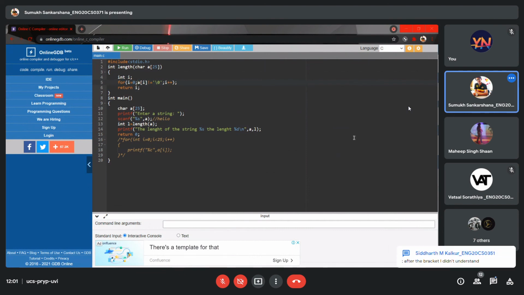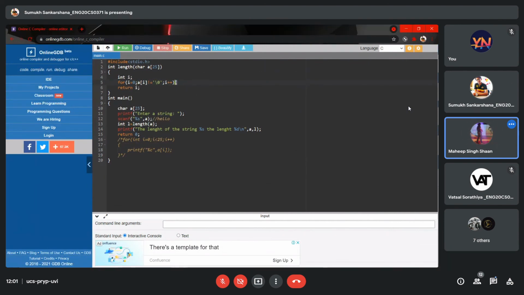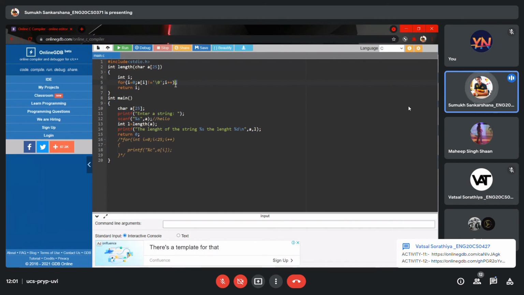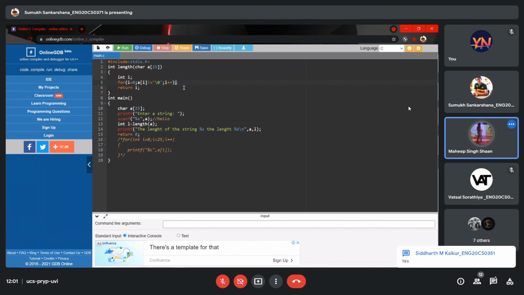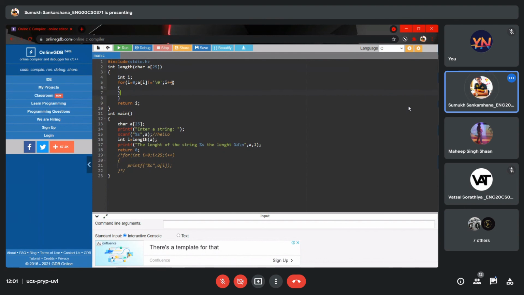So Siddharth says after this colon, after the bracket, I didn't understand. Here, you mean the for loop? Siddharth? Yes, he says okay. So, okay, let me just expand it for you. Let's just say I am doing it without a bracket. I'm just keeping it here. Let's just say I put I++ over here instead of here. We can format the for loop in many other ways, right? But the condition should be there.